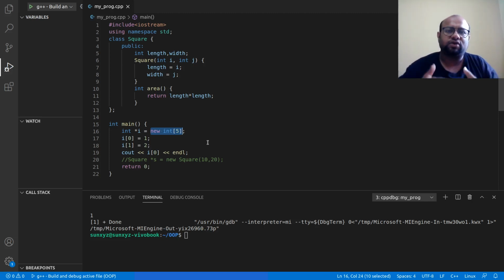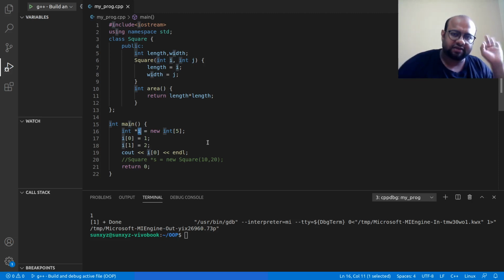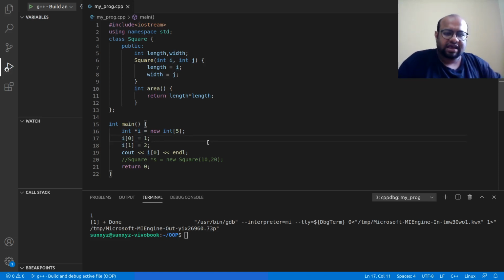So an array that can hold 5 elements, 0 up to 4, in my heap memory, and this variable I is a pointer that points to the first of these 5 elements, to the first index of the array. And of course, since the name of an array is a pointer, I can use this array notation to access each of these 5 elements, right? So this is what I have.